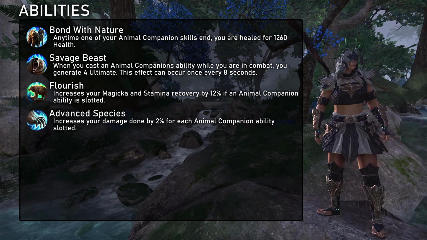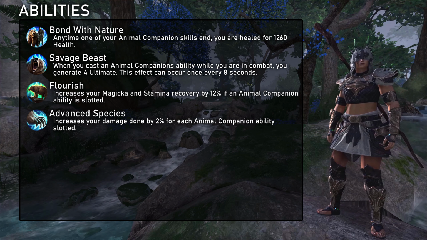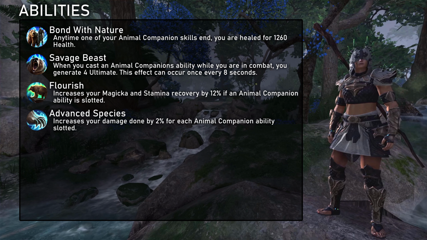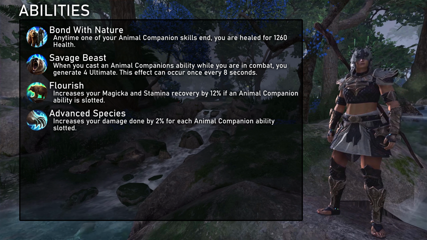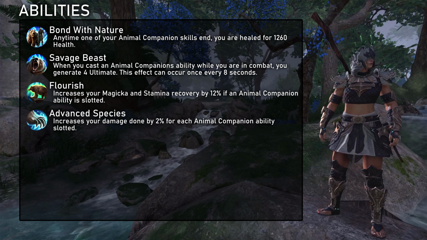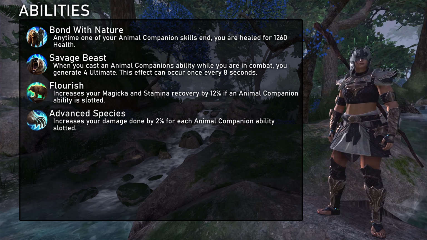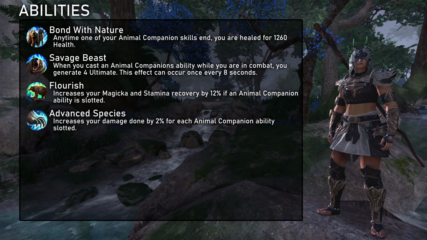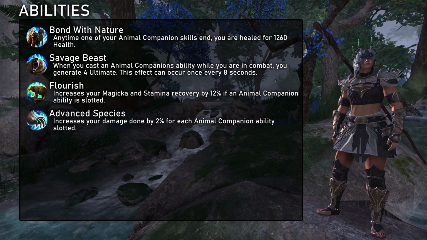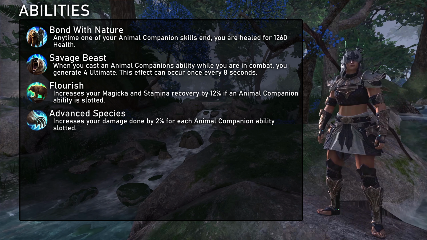Next up is Warden's damage line, Animal Companion. The first passive heals us every time an Animal Companion skill runs out, and is pretty insignificant. The remaining 3 are really good though. We generate 4 ultimate every 8 seconds when using an Animal Companion skill, and we deal 2% more damage for every skill of that line we have slotted, and also get 12% more regeneration for having one slotted in general. So we always want to have at least one Animal Companion skill on our front bar, and we also want